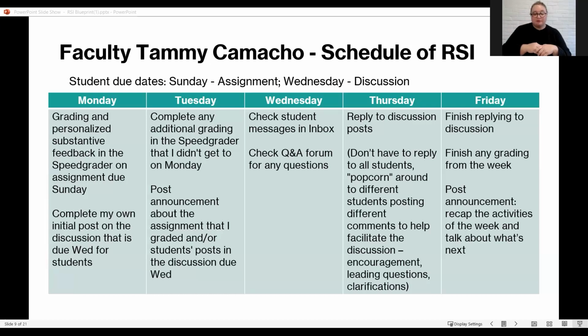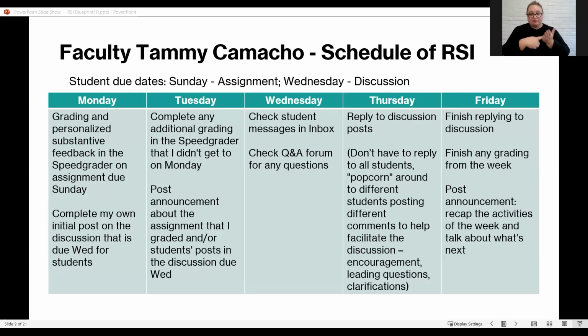Maybe it's encouragement, something that adds to the information, asking some leading questions, or giving some clarification on the content, something that will facilitate critical thinking about the topic, and also make them maybe post again, help their understanding, and participate in the discussion.